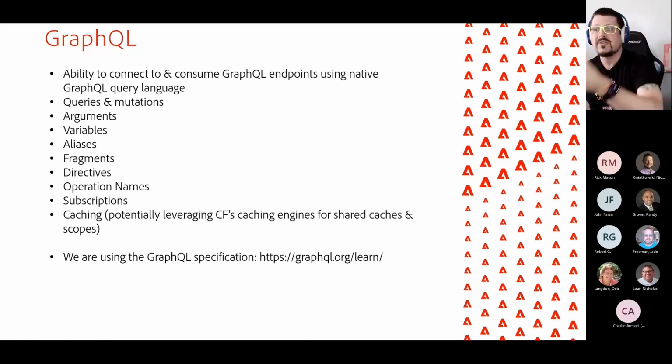Queries and mutations are: either getting data back in a variety of forms and formats, or a mutation is creation, deletion, or an update. So they separate that out as two separate capabilities. We're going to give you the ability to pass arguments, to pass in variables. So for example, if you've got a form and that form is a search,